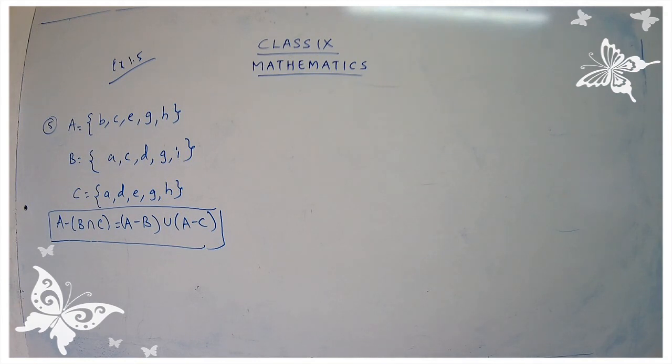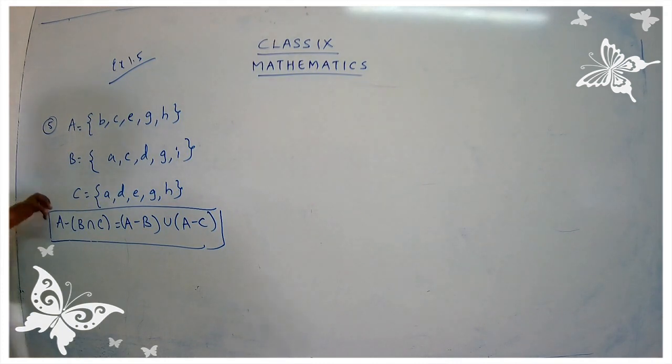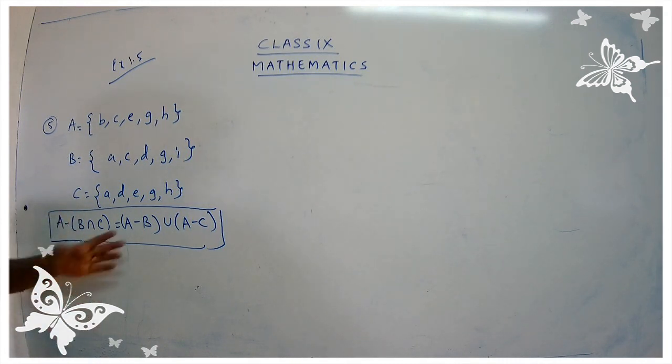Let us start with the work. So first of all, I am going to take the LHS part. As usual, you would have got an idea how to proceed the sum. First you are going to take the LHS part and solve it, and then we will take the RHS part and solve it, and you are going to check whether LHS and RHS are same. The question is show that.